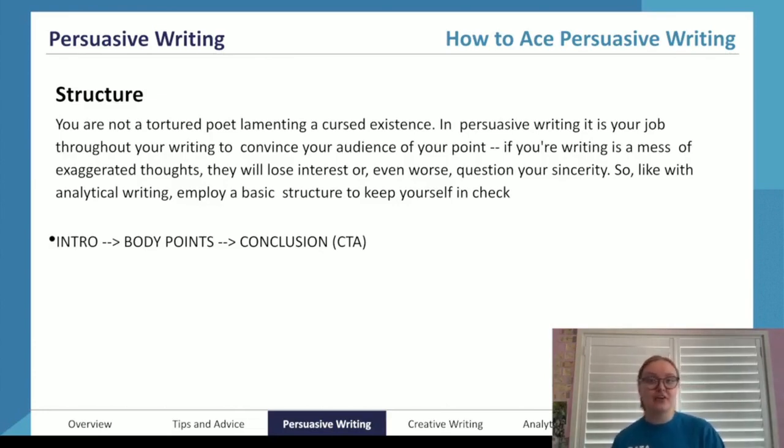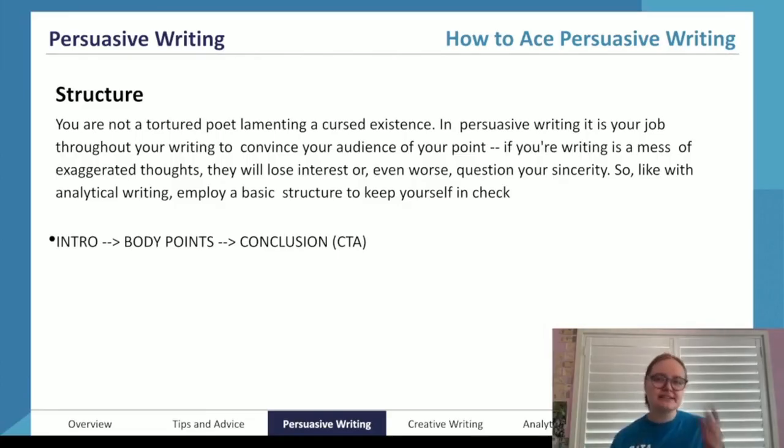At the start of your paragraphs, you need to have a topic sentence. Firstly, I will be discussing blah, blah, blah, blah, blah, and you go into your point. You argue a specific point within that paragraph. You're not arguing multiple things at the same time. You have one singular point that you're proving within your paragraph, which links back to your umbrella argument, which is your thesis. And then in your conclusion, you have a call to action.